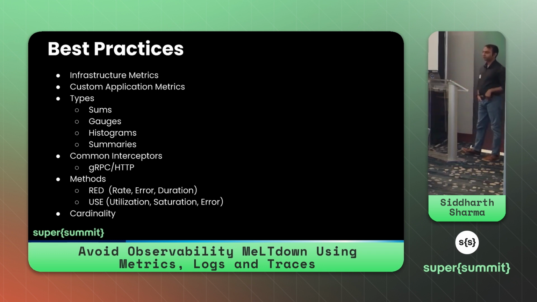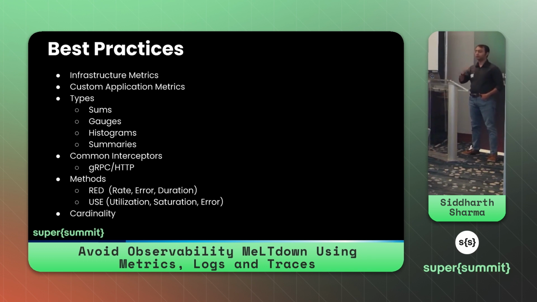Then comes your application metric. Right? This is what needs to be decided as the owner of the bounded context. Let's say that you have a service which is sending out notification emails to the user. Now, if you want to build a report on how many notifications were sent successfully versus how many failed, that is where you have to use custom application metrics in your code. So you have to instrument your code and say, at this place, this is the function, this is my user ID, this is my organization ID, and this is where the email was actually sent.